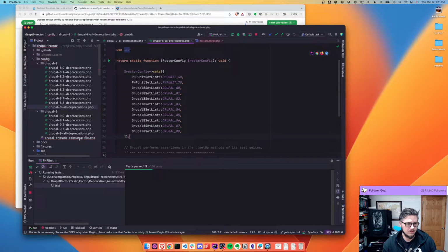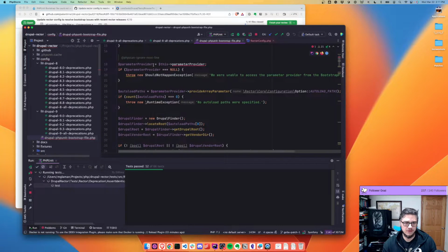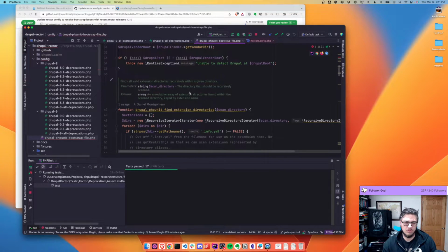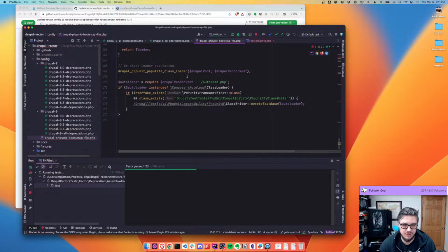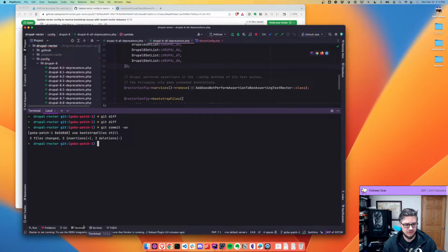Parameter provider. Array. Yeah, so we got to find the Drupal root. Then we got to mimic all of Drupal's normal bootstrapping for the test namespaces. I can't remember if in PHP Stay and Drupal I got that fixed or not, or found a better way to do it. But these look like they're passing, so let's go ahead and